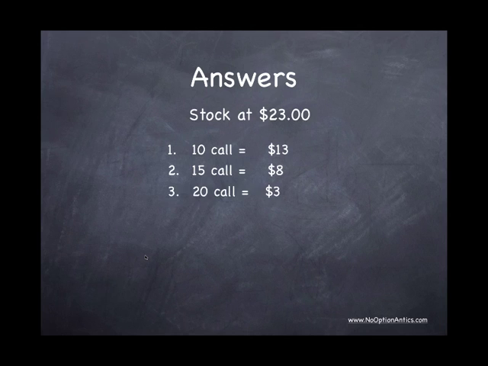The $20 call has $3 of real or intrinsic value. The $22.50 call has 50 cents of real or intrinsic value because we can buy the stock at a cheaper price than where it is trading. But the 25 call has no real value. Look at it this way. Why would you want to pay $25 for the stock when you can just go into the open market and buy it for 23? So that's the real or intrinsic value of the options.